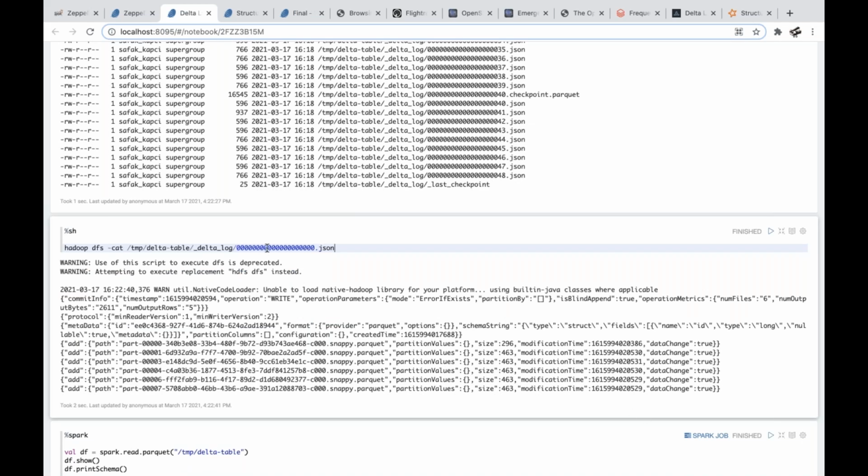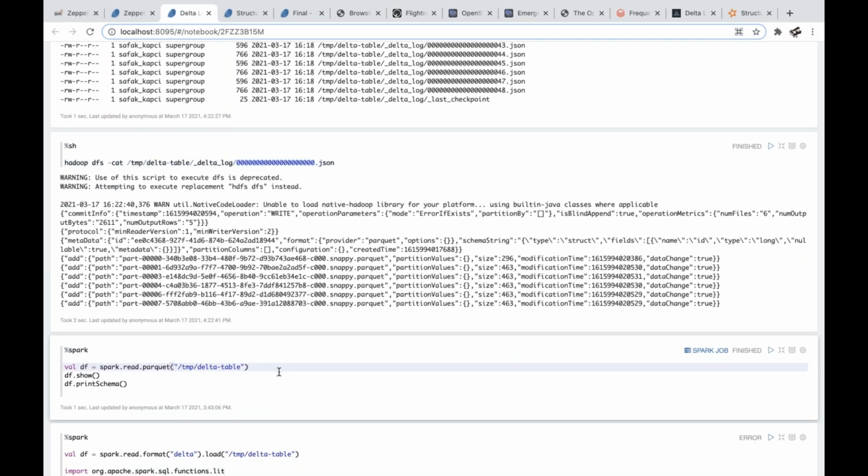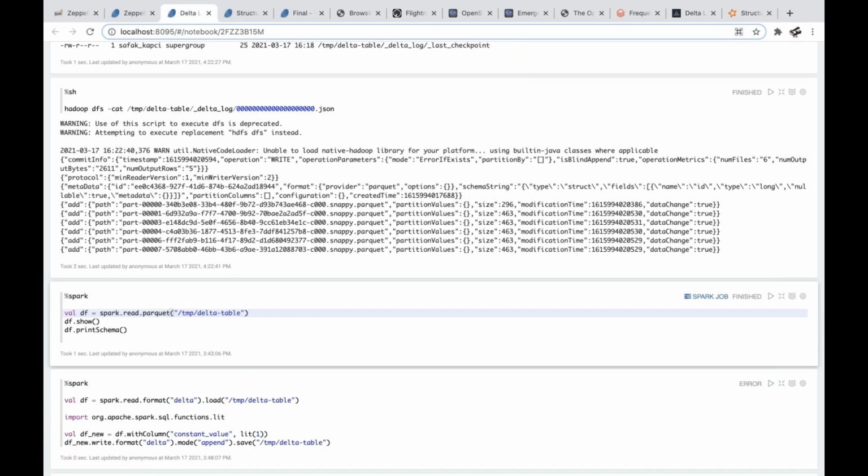So this is version 0, I mean the first version, and it says that 6 files have been affected, and we are also able to see which files are there for version 1. I mean, if we would like to read the first version, we need to go through those Parquet files, and that's all. Okay, let's see. I am referring to Parquet files. Is it possible to read only Parquets? Should be, right? What could go wrong?